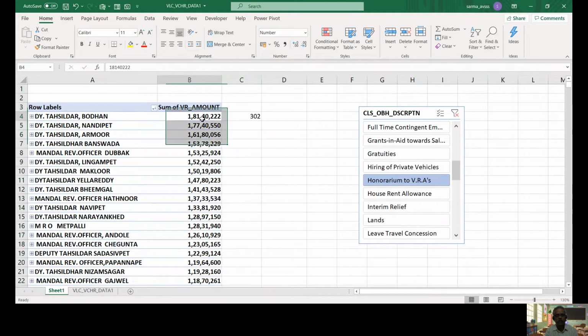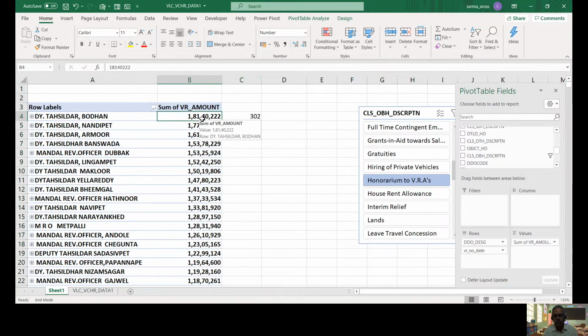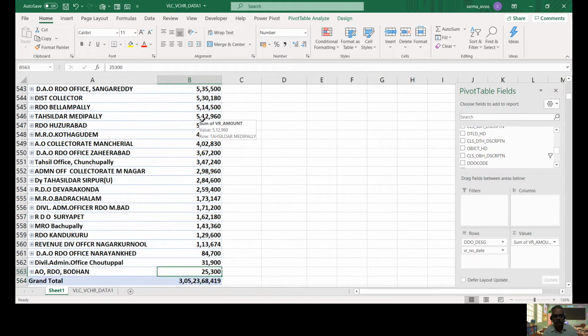Why I'm saying 3 to 5 or 5,000? Maybe if we go to the bottom, it is 25,000 rupees. That is annual expenditure again, right? So if it is, that means yes, 5 VRAs are there, might be, right? Of course, 5,000 means 5 VRAs in a month, or for 1 VRA they have paid 5 months, whatever it may be.